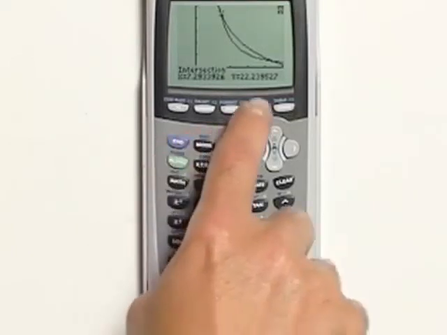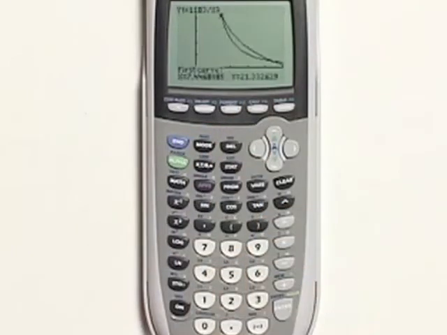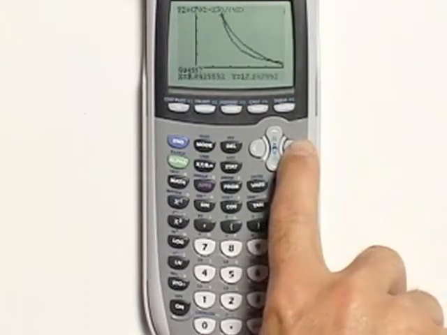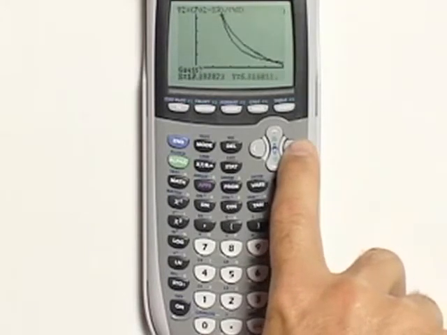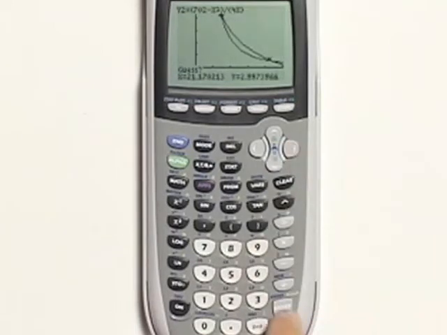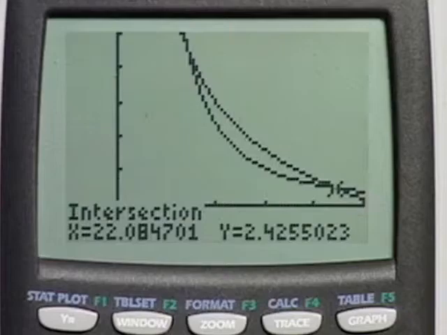Now, let's go find the second point of intersection, the one that's over on the right. So press second, calc, and 5. It's asking, is the first curve y sub 1? Yes, so press enter. Now, is the second curve y sub 2? Yes, so press enter. Now we need to move the cursor to the right so it's closer to that point of intersection. So press the right arrow key, press and hold it down, and you'll see it'll move automatically. It's getting close, and so let's say there. We press enter. So it shows us that the intersection occurs at x equals 22.084701 and y equals